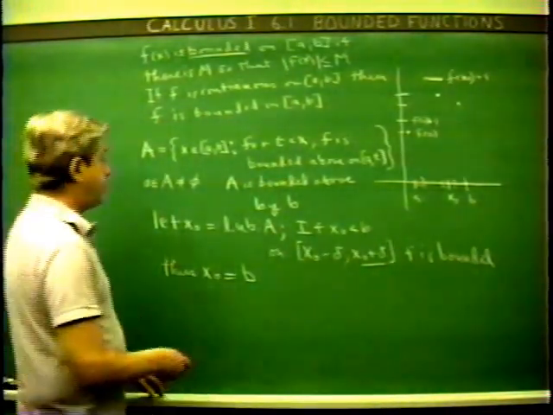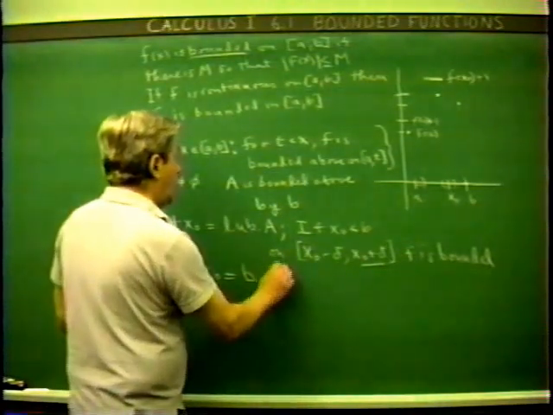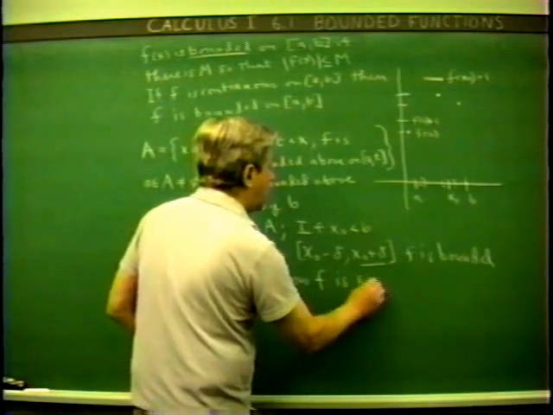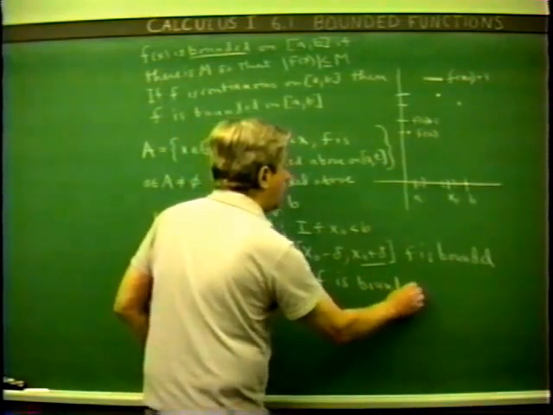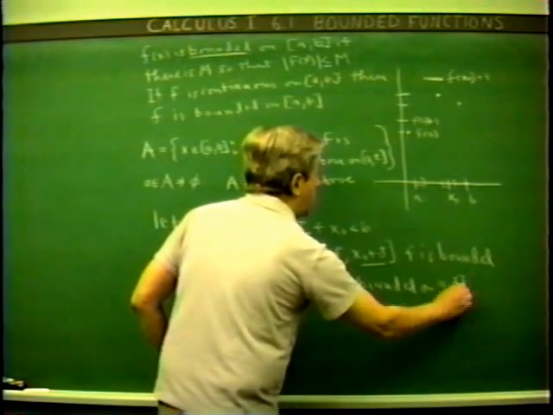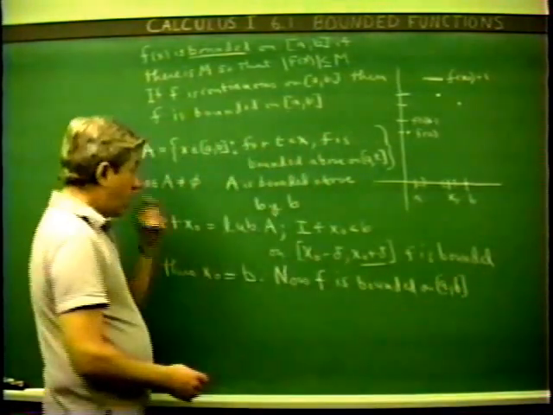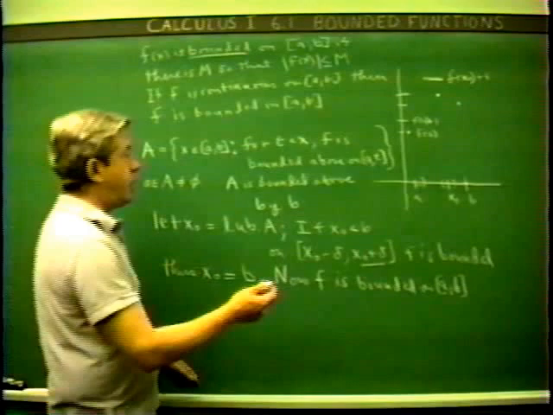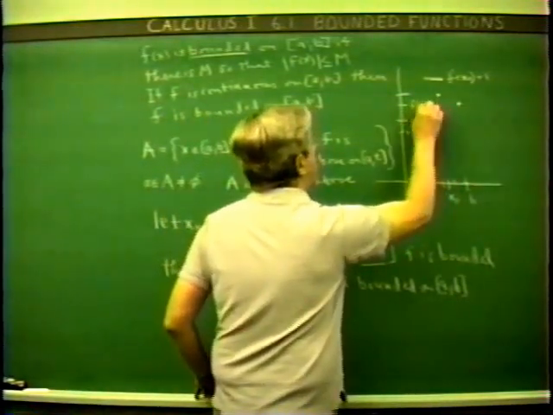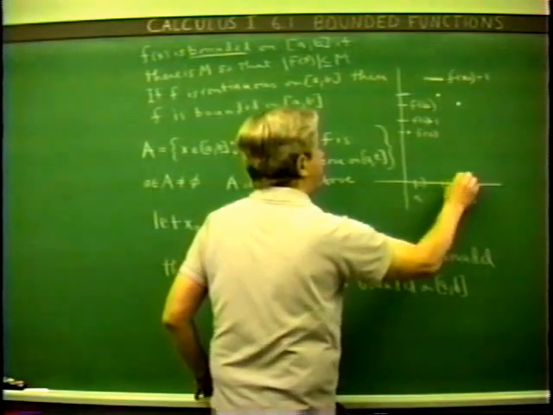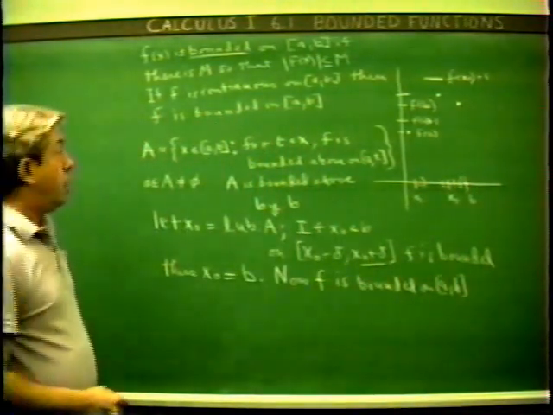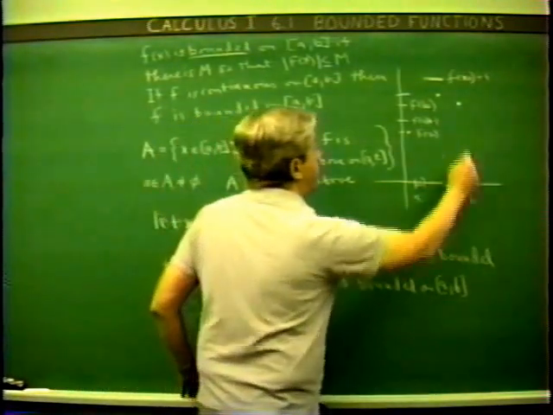Now we want to show that f is bounded on the whole interval AB. Right? And the reason for this is the same type of argument. There is a value f of b, and if we go an appropriate delta to the left of b, the function is no larger than f of b